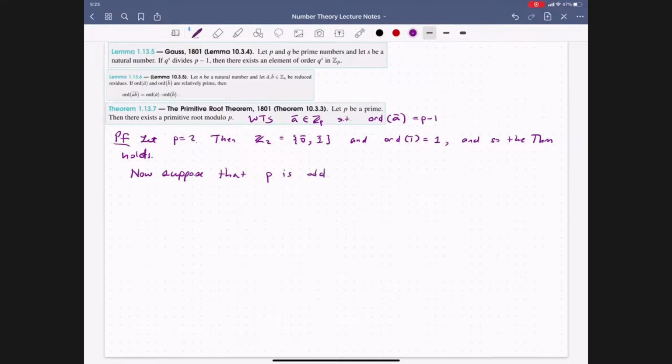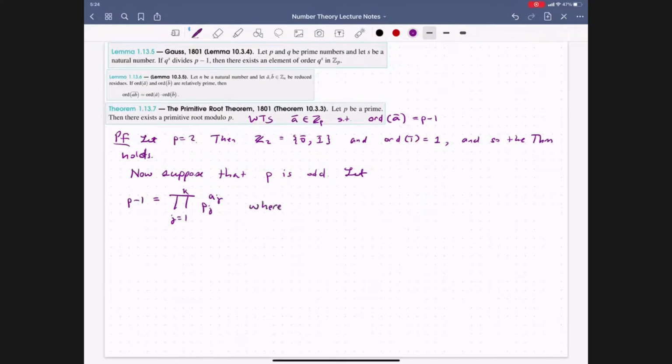And what we are going to do is consider the prime factorization of p minus 1. So let p minus 1 be given by the product from j equals 1 to k of p_j to the a_j,